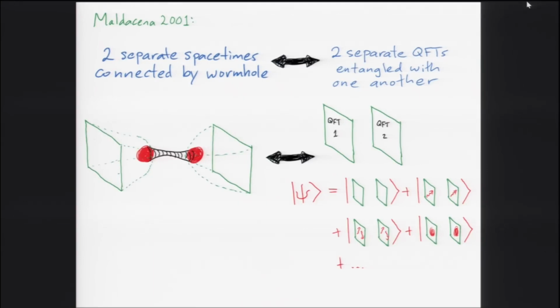Well, Maldacena wanted to describe a spacetime that has two what we'd call asymptotic regions. So imagine two big empty spacetimes, but they're not quite empty, because each one of them has a black hole in it. And these black holes are connected behind their horizons. When you take a general relativity course and learn about black holes for the first time, you learn that a black hole geometry can be extended smoothly into what we'd call a maximally extended black hole spacetime, and it looks like this.